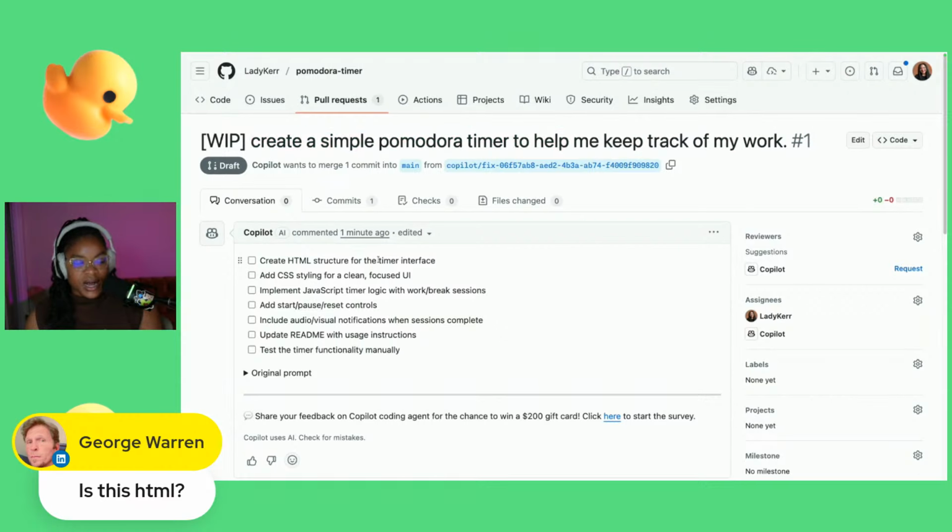Okay, great. So now it is going to use HTML, CSS, and JS, which is great because it's a simple enough application to do this for us.